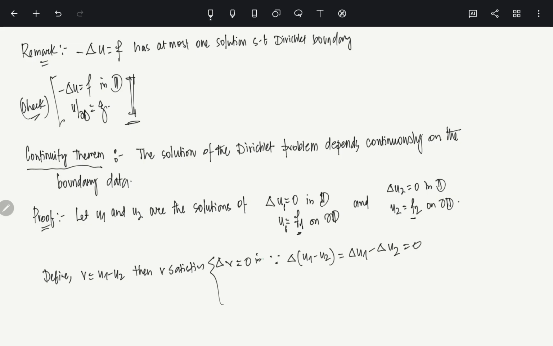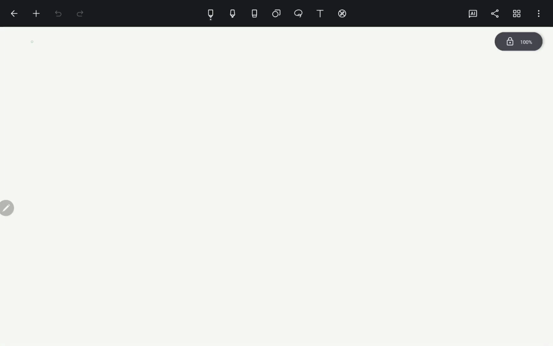Clear? So this is in D, and v equals f1 minus f2 on the boundary of D. So of course on the boundary there is the difference. Now the maximum and minimum principle says that the maximum and minimum are both attained on the boundary. So it says that f1 minus f2 attains